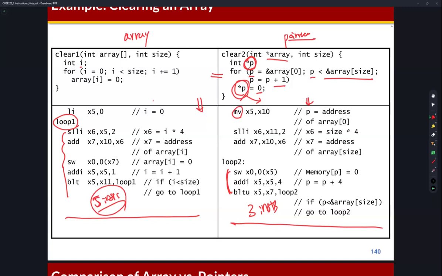Left? Right? Okay. Yeah, the right code is better. Why? So it is because